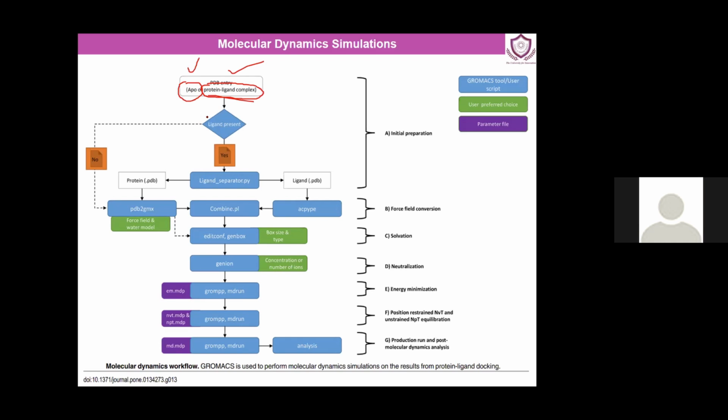Now, if we have an apoprotein, many people are only interested in the folding dynamics, folding pattern, or how the molecule behaves, so they go for only an apo simulation. And if you really want to investigate the protein-ligand dynamics, then you go for a protein-ligand complex. Let's say we consider that the first case is an apoprotein. We don't have any ligand. So the first step is to strip off any other molecules, maybe water, any cofactor or any metal ion. Just remove all those things and subject that naked protein to a program called PDB2GMX.